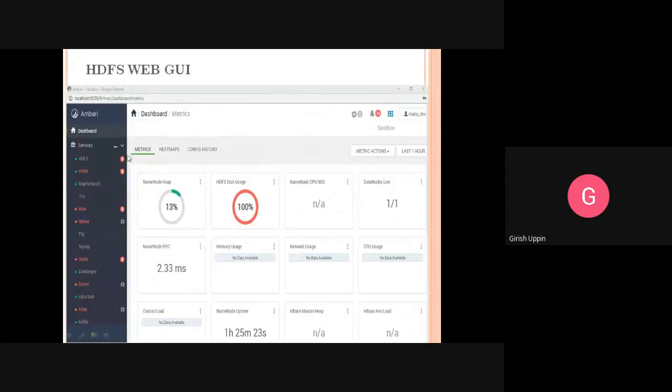Okay, this is what I showed you yesterday. This is on localhost:8080. That is the port where it will be available. Once you open that, it will prompt you for the user ID and password. Then you can see the complete ecosystem of HDFS. You can see HDFS, YARN, MapReduce. So all the services will be listed here. And once you click on HDFS, it will give a button here, More Actions. In More Actions, everything you can do will be listed, like I told you the example of starting the name node, stopping the name node, putting it into safe mode. All those things can be done.